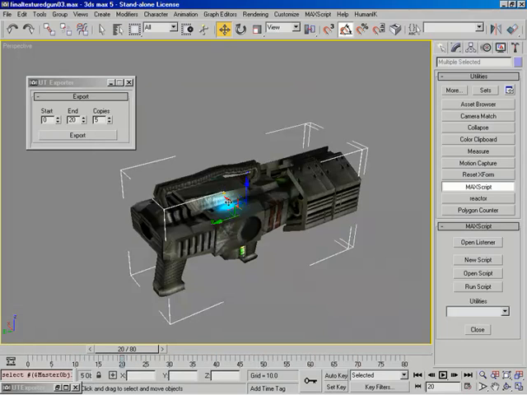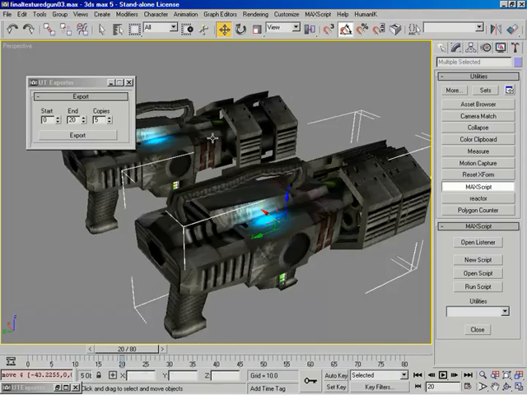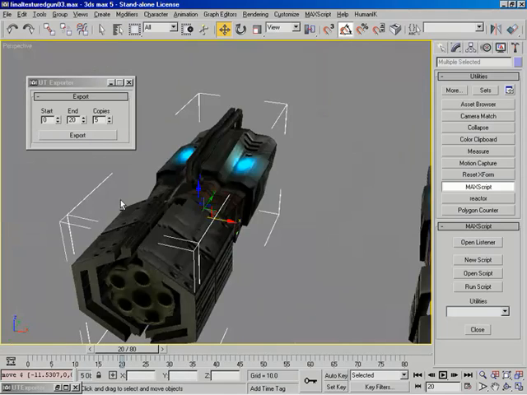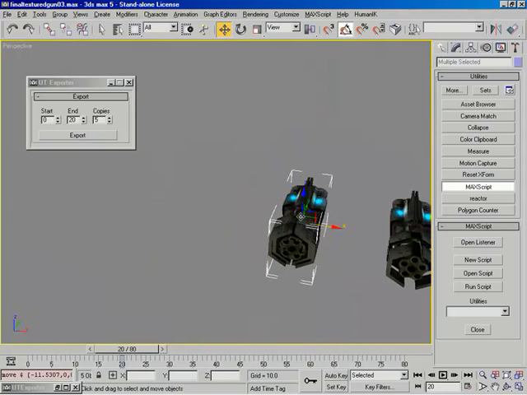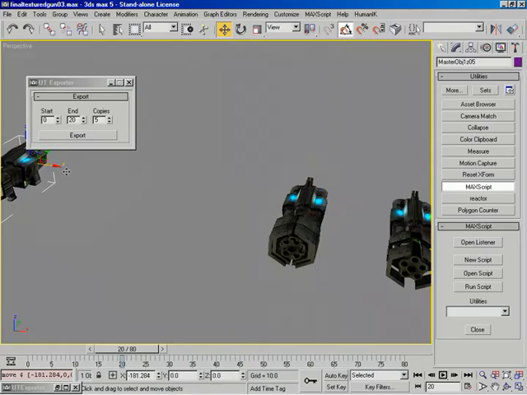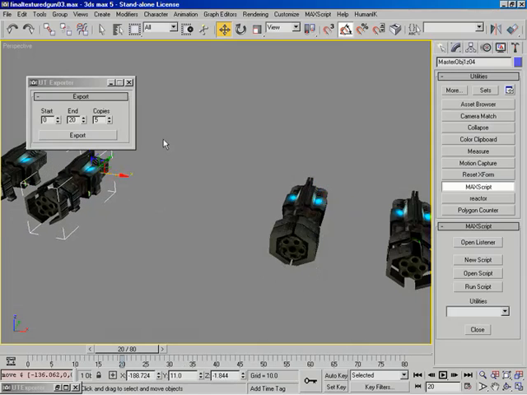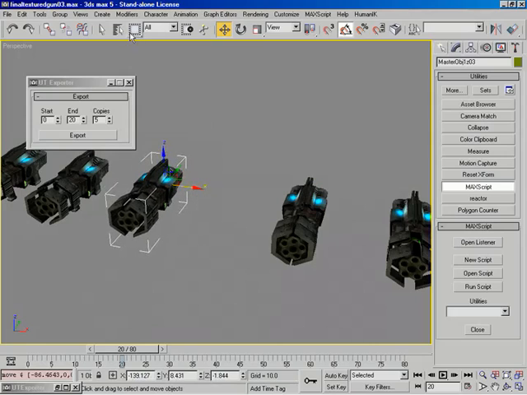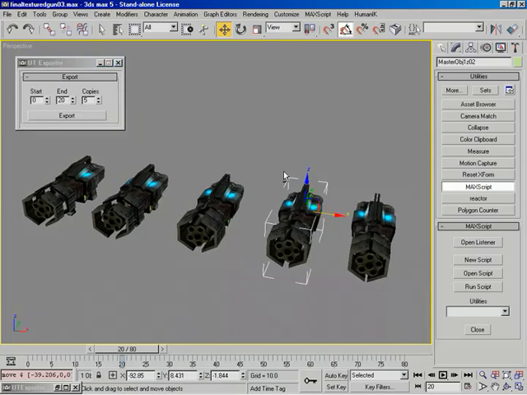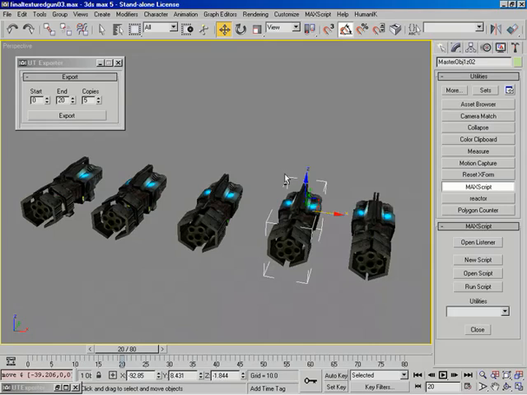I'm going to select these guys and move them over to the side because I want you to actually see what we're looking at. So let's start right there. I'm just going to back away and over. Let's grab Mr. Number 5 first and move him away. Let's grab 4, move him over there. Let's grab 3, move him over there. And let's grab 2, and move Mr. 2 over there. Now, our little exporter right here did the best it could to go through here and evenly